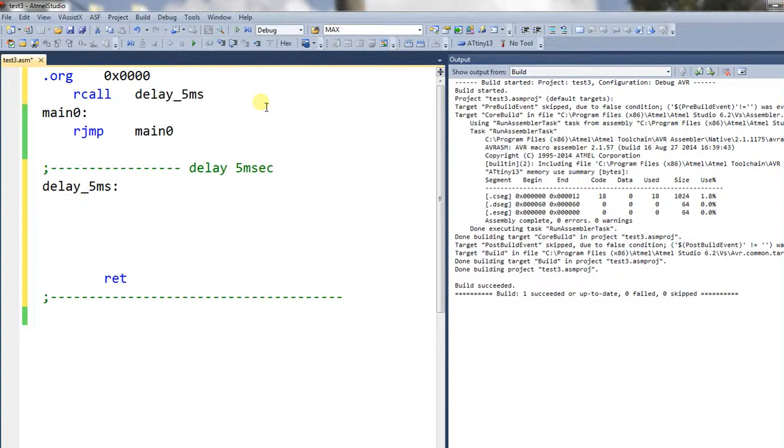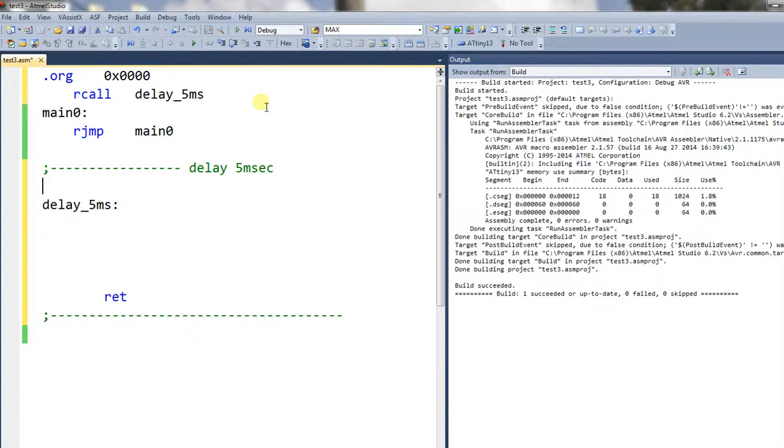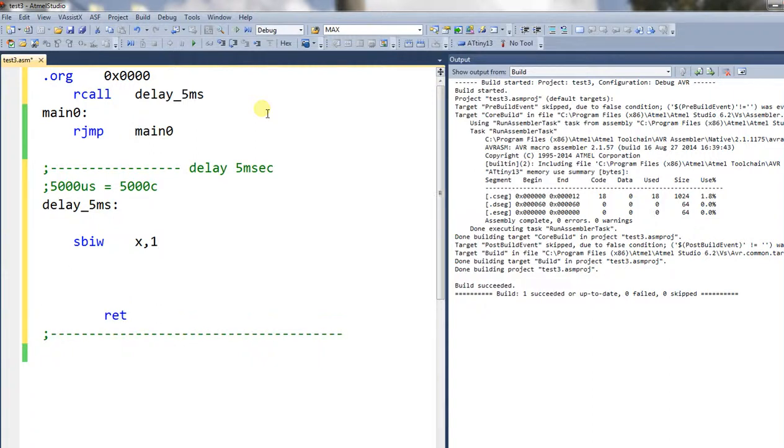So we need to calculate. Let's see, we'll do a calculation right here. This is 5,000 microseconds, which is equal to 5,000 cycles. So down here we're going to have a loop that looks something like this. Let's try, how about a subtract immediate word x comma 1. So this will decrease x by 1. Branch if not equal to